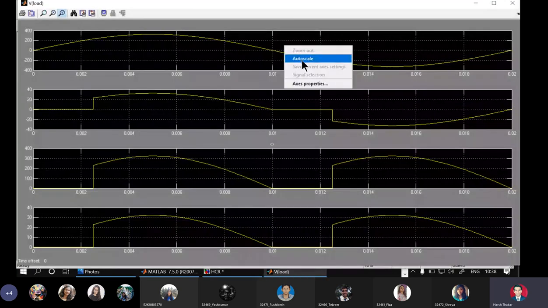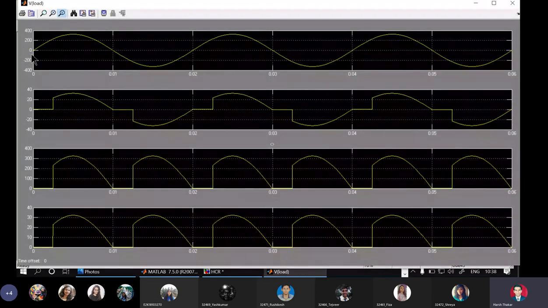Okay, so I will just say auto scale, we are here. So 0, pi, 2 pi, 3 pi, 4 pi, 5 pi and 6 pi. So 3 cycles have been displayed, and accordingly we see the source voltage, load voltage, source current, and load current. And you see here